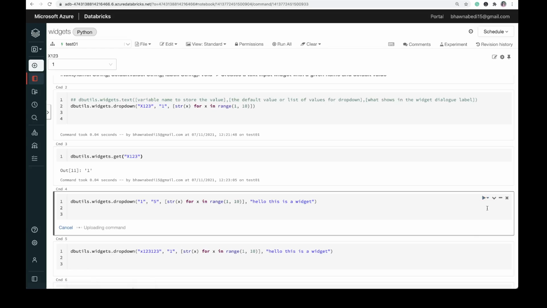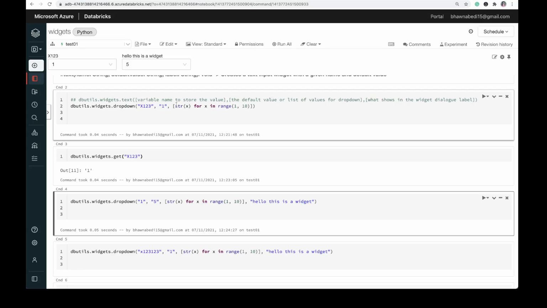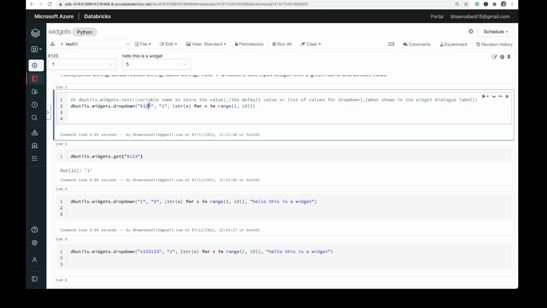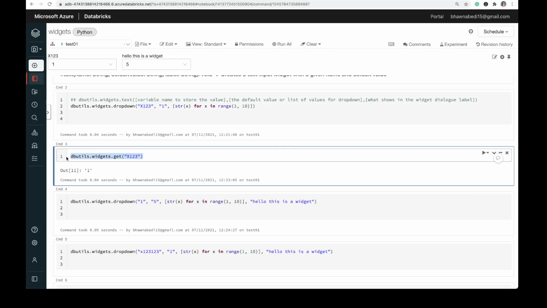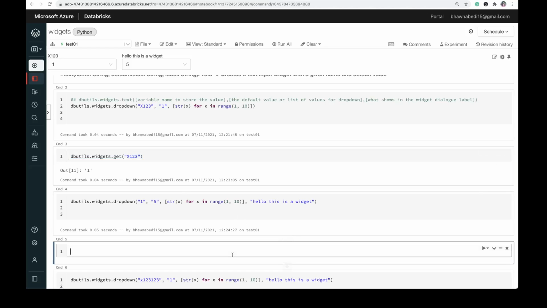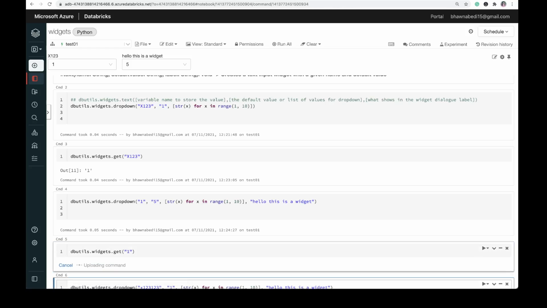So let me run this particular cell and you will see "hello this is widget" on the top and 5 as a default value. If I do not provide this "hello this is widget", which I have done at the top, automatically the first value is taken as the name. Now again, if I try to get this value, let me copy this command again and run it. Then you will see that I have to use 1 over here to get the value of 5.